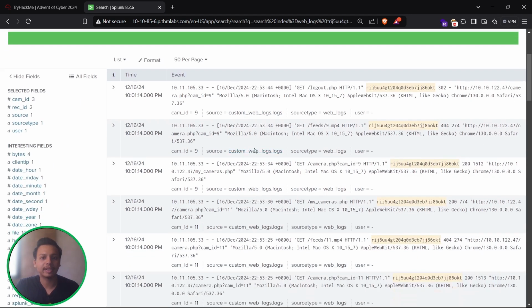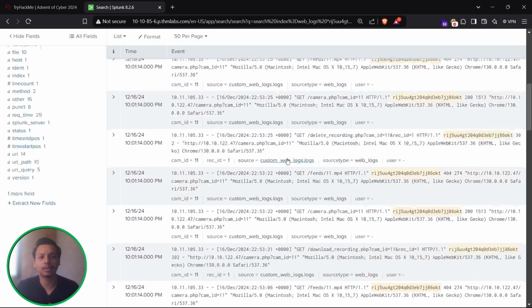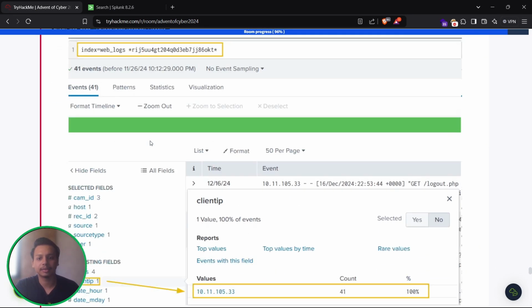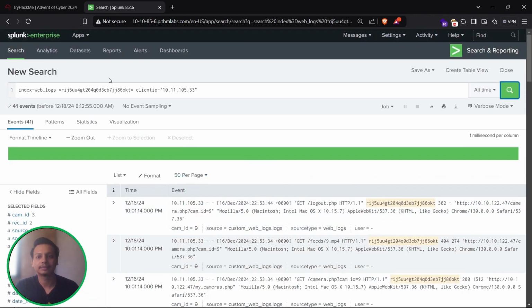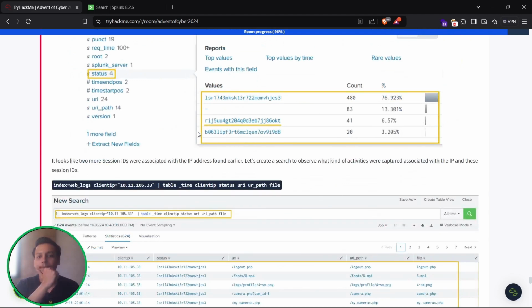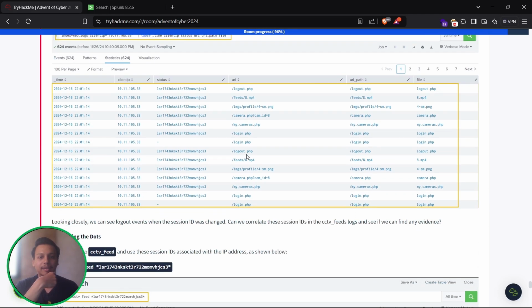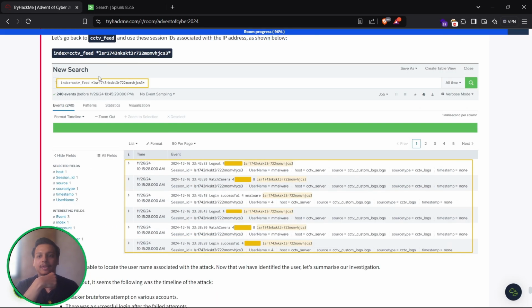Okay, we can see the complete logs where it has been done. It is from Chrome till now. Till now it is working good. So let's just see the client IP as well. This is what we got, 10.11.105.33 over here. Now table time, client IP, status, URI path. So based on that we will get some of the URI feeds over here. So let's just use this